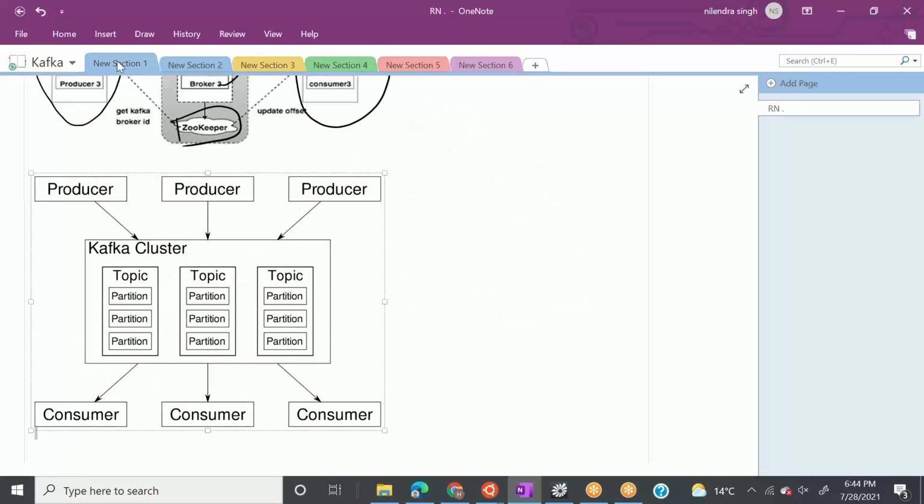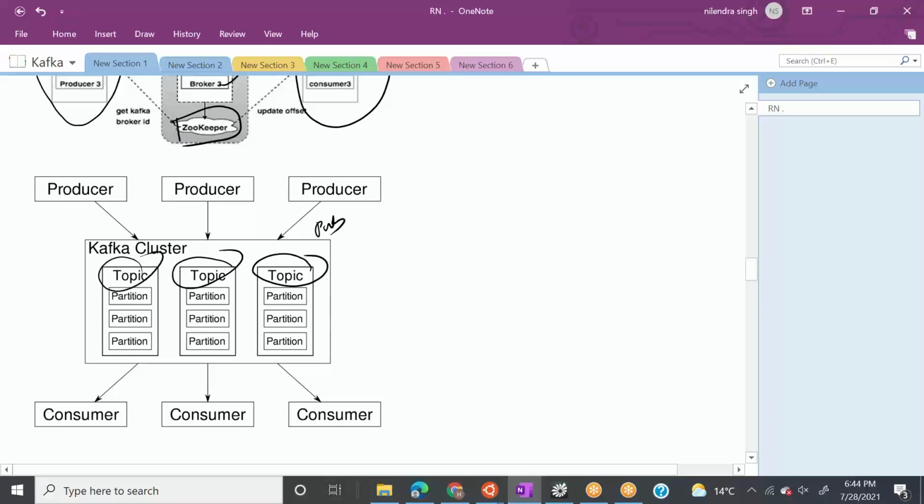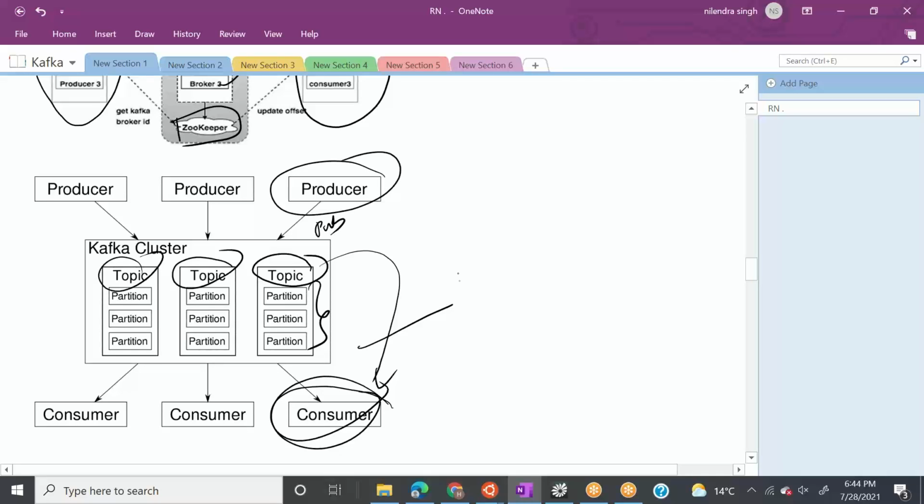Okay, so this is what is done here. The producer will be producing or publishing messages to a topic. This topic will be further divided into partitions, and the consumer will always read messages from the topic. Neither producer nor consumer needs to worry about this partitioning. They do not need to know what a broker is or what a partition is. They just need to know the topic name and the broker address. How many brokers are there behind the scenes, they don't need to worry about it. And that's where the real beauty of distributed computing comes into the picture.